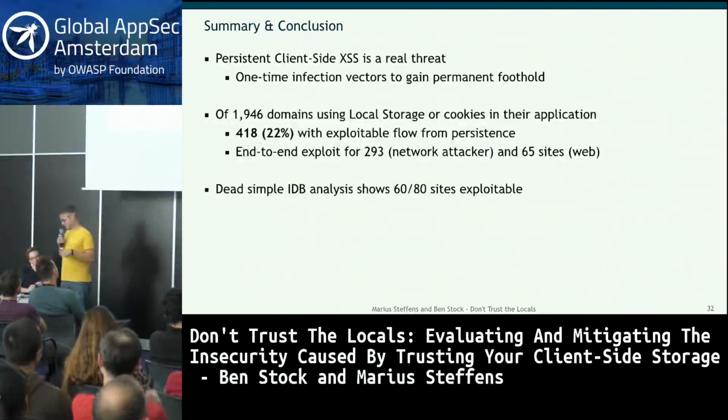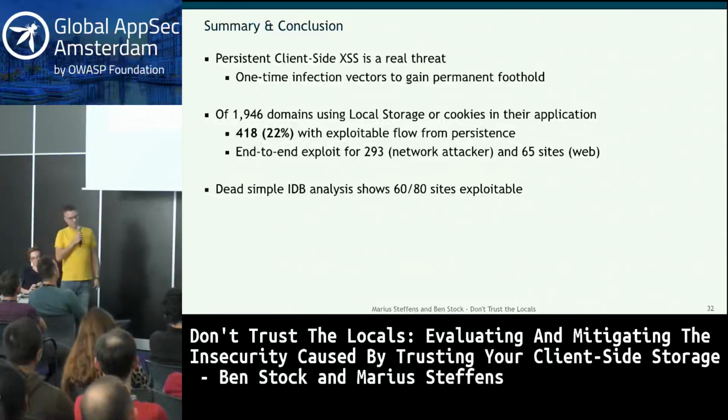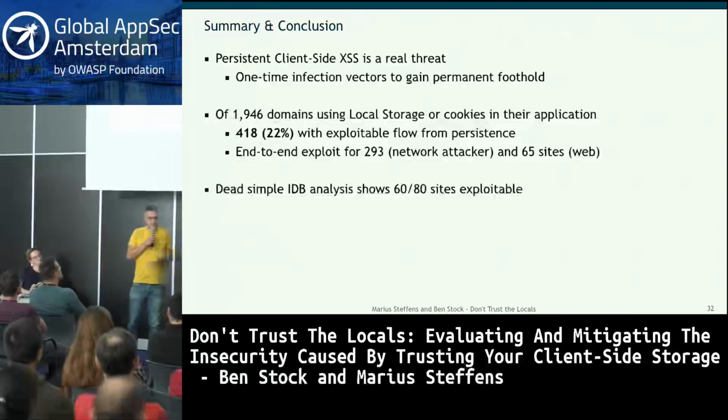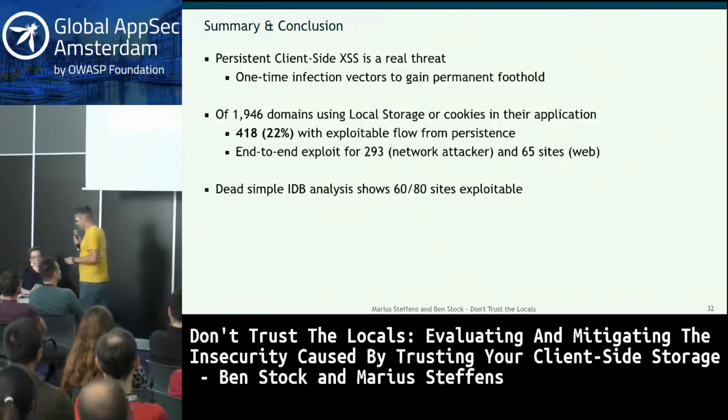So if you want to, next time you look at your own website, or if you're working as a consultant or pen tester, looking at a company's website, please do have a look at these things and see if there's trivially JavaScript or HTML in there, because it's very obvious to see.